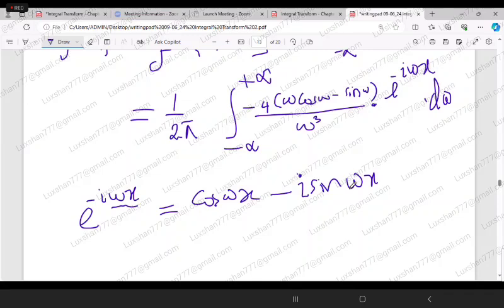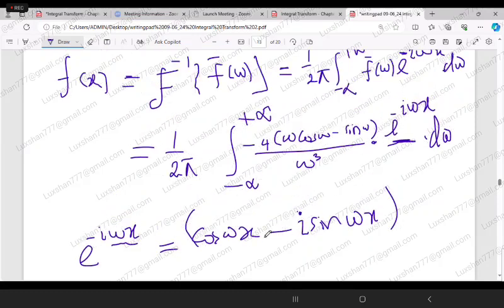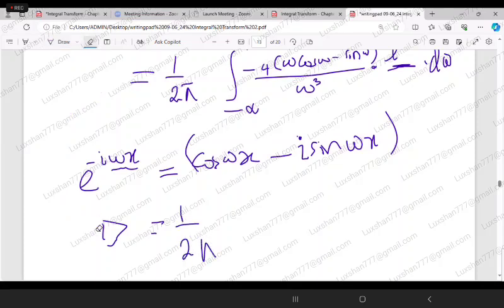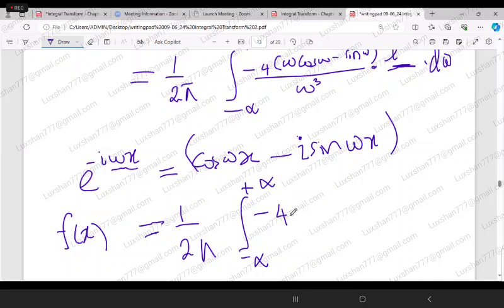Now I am going to replace this sin i omega x by this one, and I am going to equate the real part, because if you look at the function f(x), it is actually a real valued function, so there is no i. Therefore I don't want to multiply by this i actually. So you can write it as 1 over 2 pi. You can say that f(x) is equal to